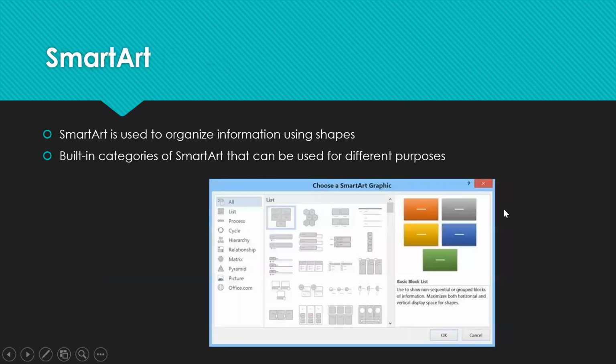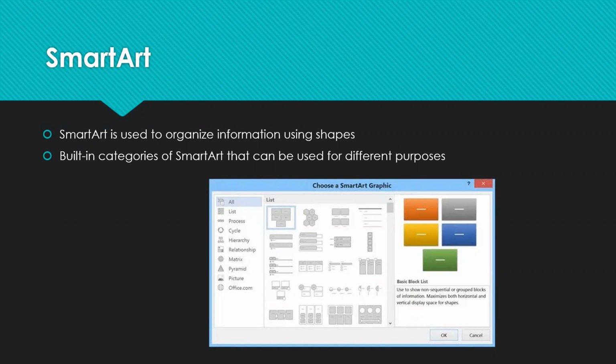Okay. Then we saw how to add smart art. Okay, in the smart art we saw how to do an organizational chart. Okay, so we saw how to add a position chart. I mean, we learned how to add a CEO, their vice presidents and presidents in a hierarchical structure.